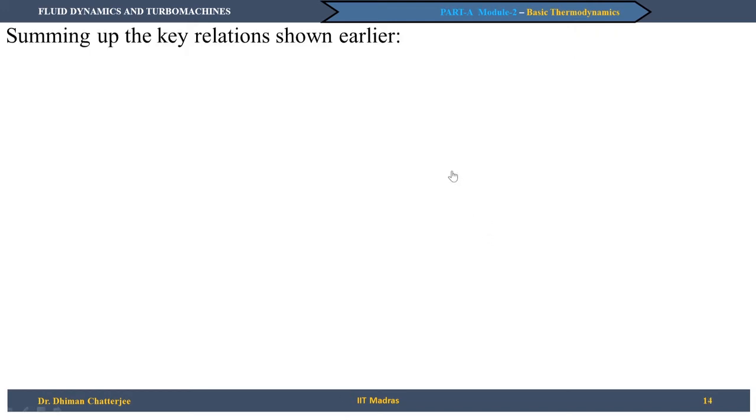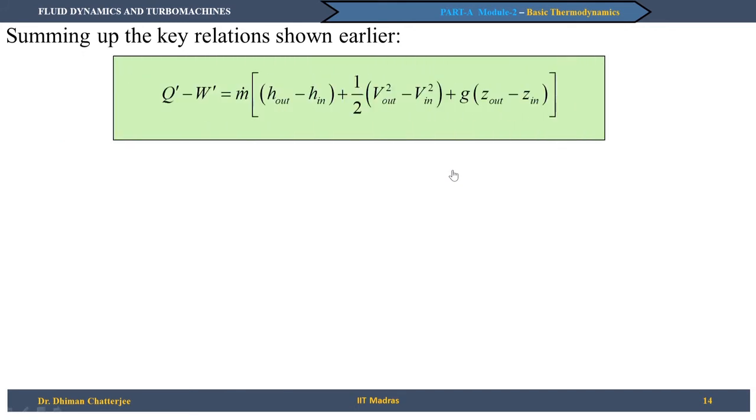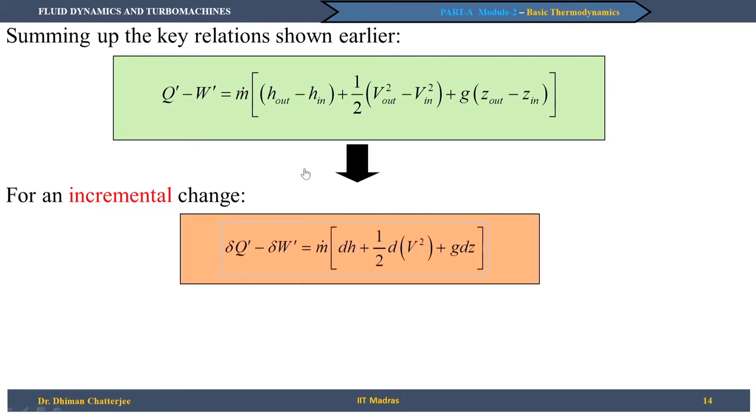So, summing up the key relationships shown earlier, we can say that from the first law we get q prime minus w prime equal to m dot times h out minus h in plus half v out square minus v in square plus g z out minus z in, which for an incremental change we can write as del q prime minus del w prime equal to m dot times dH, that is the incremental change in enthalpy, plus half d v square. Here again I am talking about the change in the v square quantity. d v square is a notation I am using to talk about the change in the kinetic energy per unit mass,